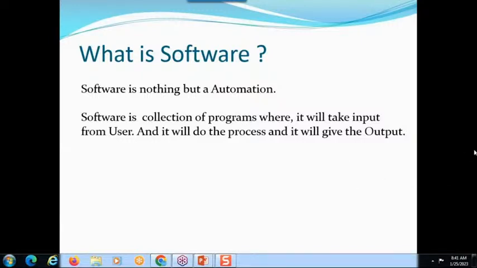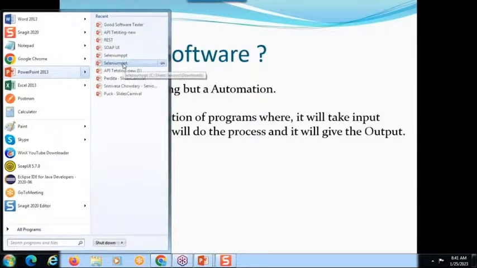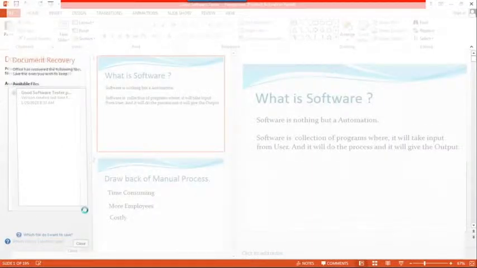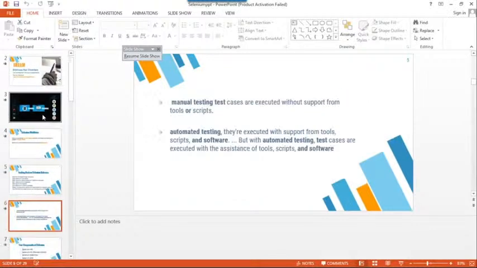Okay, good. Now, what is the difference between manual testing and automation testing? A lot of people are confused about what automation testing is and what manual testing is. Can anyone tell me what manual testing means and what automation testing means? You want to share anything? Okay, this is one of the most important points, guys.